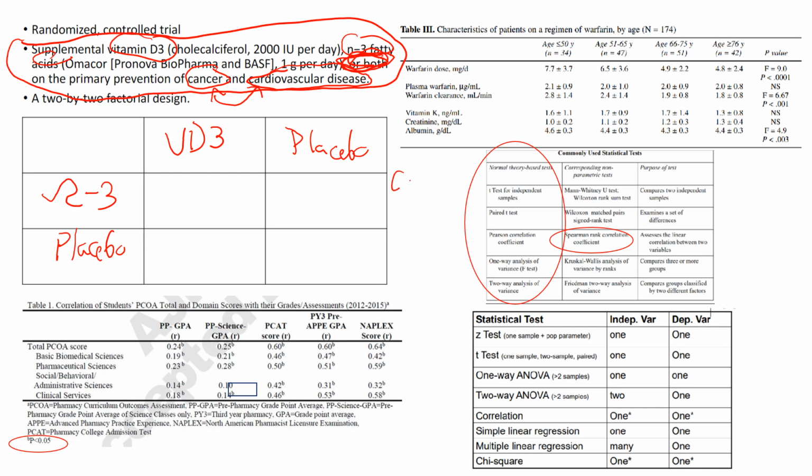You could have cancer and CVD be your two dependent variables, and that's MANOVA, because remember, MANOVA has multiple independent and dependent variables. So just seeing that "or both" kind of indicates that there's going to be an overlap column